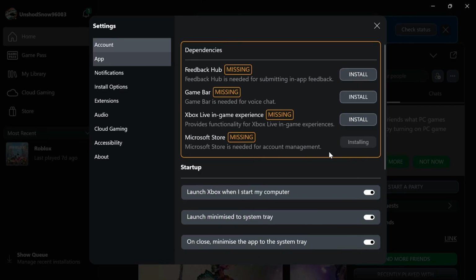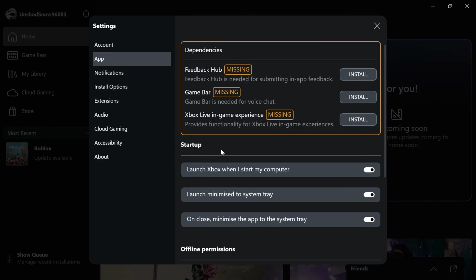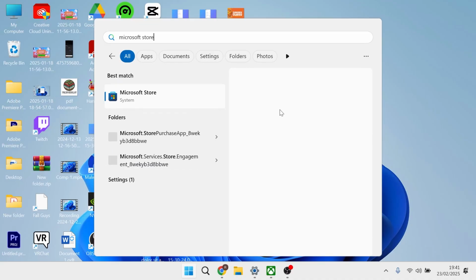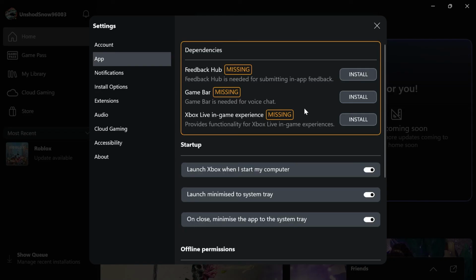Now this may take around 5 minutes to go and install to your system, so just wait for this to finish. So once this is finished installing, you can see it will disappear from the list. And now if I head over to the Start menu and search for Microsoft Store, you can see now it's been reinstalled. Now if you've been waiting for over 10 minutes for this Microsoft Store to go and install, then